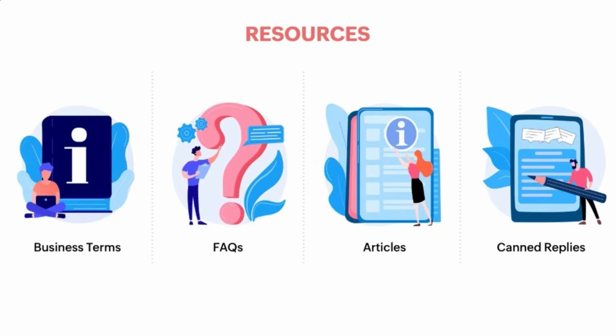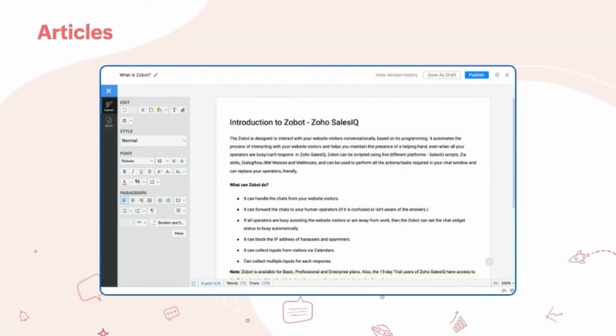With self-service features like articles and FAQs, visitors can find answers to their queries without any assistance at all. This can save time for your operators as well as for your customers. These articles are available for access inside the live chat window in the help tab, but only when you enable the knowledge base option for your live chat window. You can categorize the articles and help visitors find answers to their questions. Customers can click on the category of their choice and then choose a topic from the list, which further eases the difficulty of browsing through all of the articles in search of one.